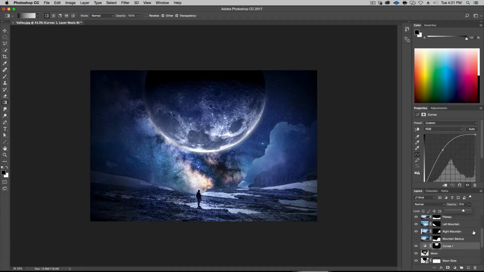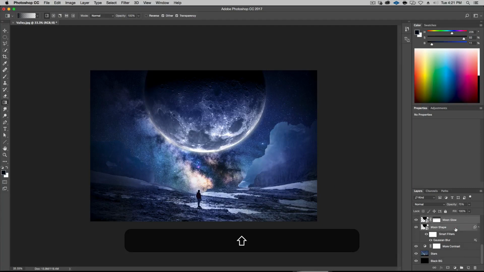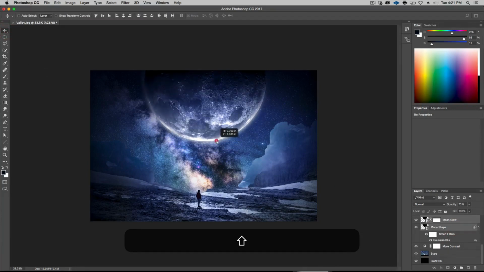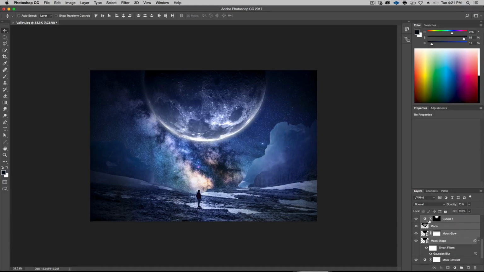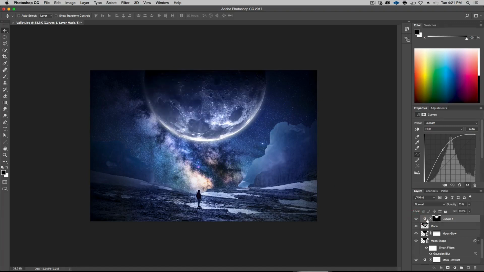All right. Also, I think the moon's a little too high. Let's take the curves, the moon glow, and the moon shape, and move it up. That's better, much better. Something like this. Okay. And let's go back here. See, that black doesn't really bother me anymore. I'm going to see if I can bring it down a little bit. Something like here. And let's try to darken this even further. Unfortunately, it's just really blocking it. What if I do it like this? I kind of like this better, actually. So I'm not doing a curve. I mean, it is still a curve, but it's not a curve in here. So that's a little nicer.